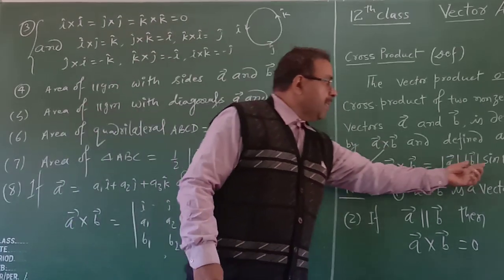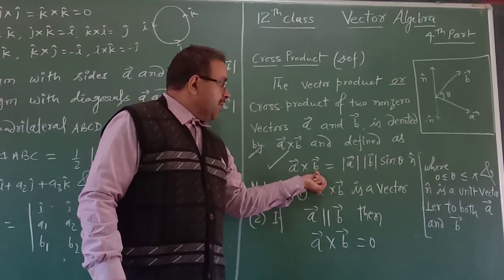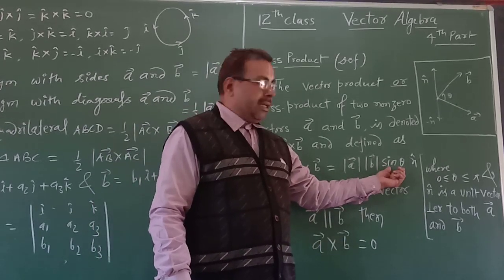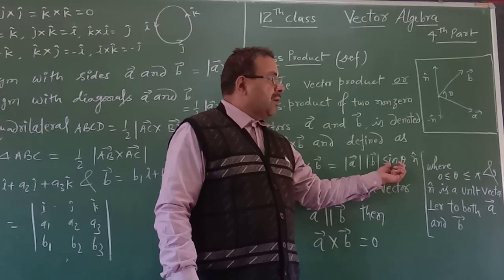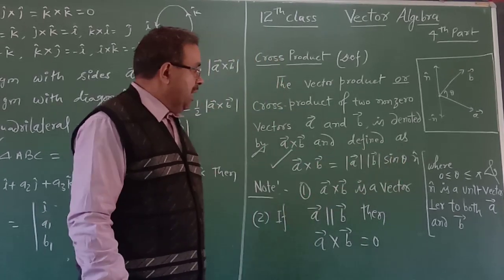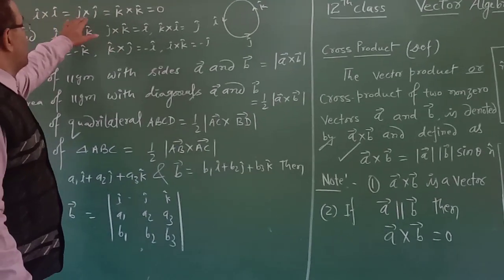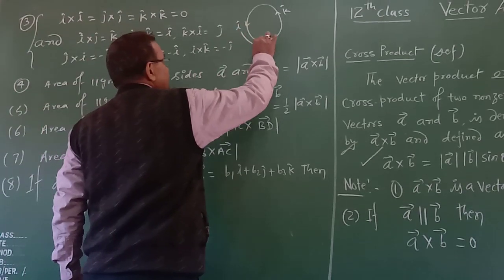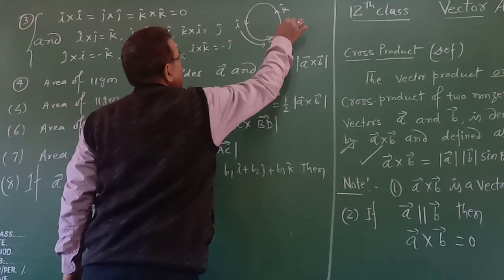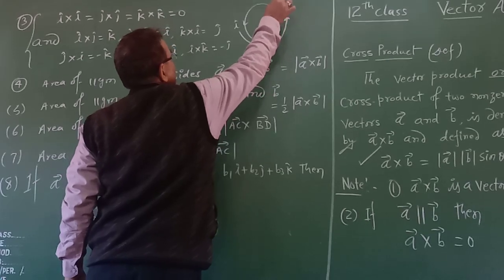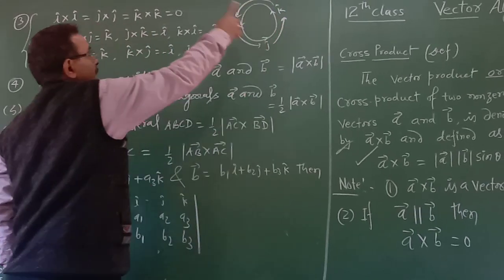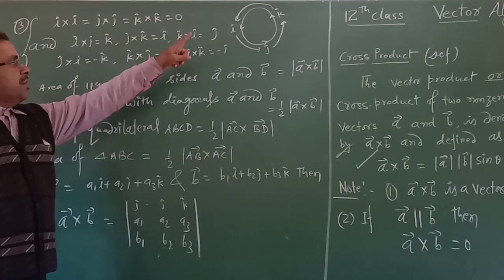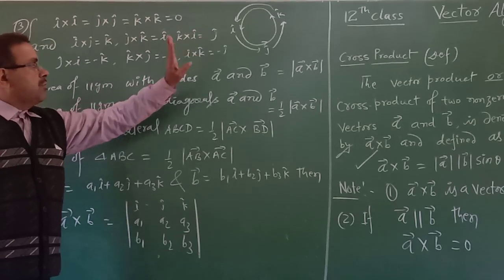अब आप ये देखेंगे sin थीटा पर डिपेंड है ये। I cross I कर दिया जाए तो magnitude of I and sin थीटा equal to 0 डिग्री और 180 डिग्री। तो sin थीटा का वैल्यू 0 डिग्री पर भी आपका 0 होता है, 180 डिग्री पर भी 0 होता है। So we can say that I cross I equal to J cross J equal to K cross K equal to 0. And we move it in this way, I cross J equal to K and J cross K equal to I and K cross I equal to J. ये आपका एंटी क्लॉकवाइज चल रहा है, I cross J equal to K, J cross K equal to I and K cross I equal to J.